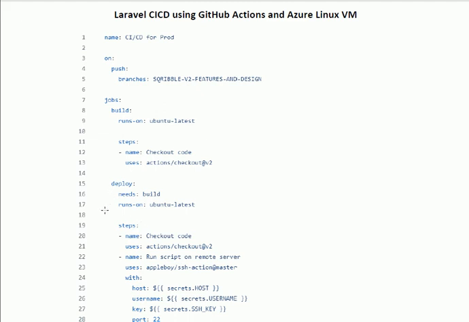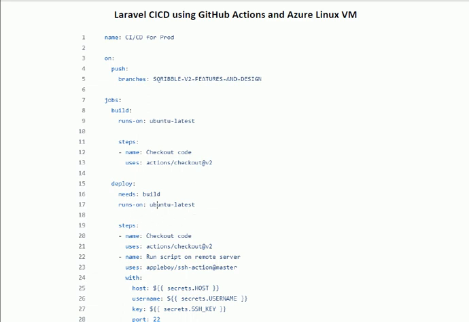The next one is the deploy section. In the deploy section, we are implementing the condition needs build, which means the build section should complete successfully. The deploy section will run on Ubuntu latest, on the same runner.